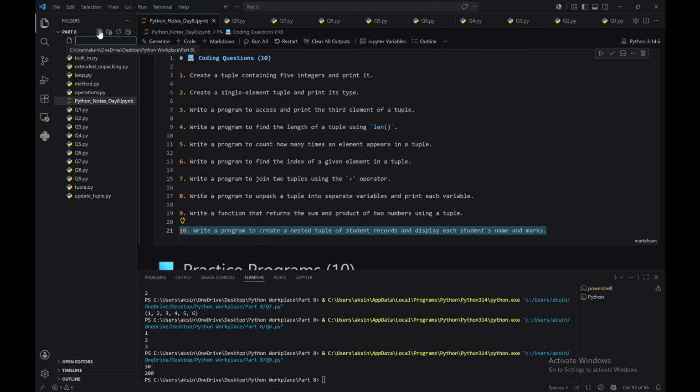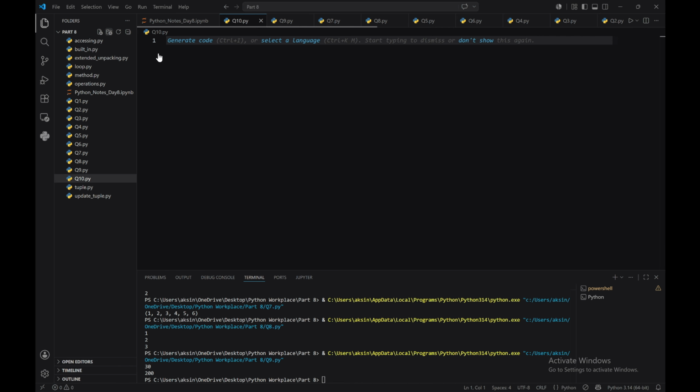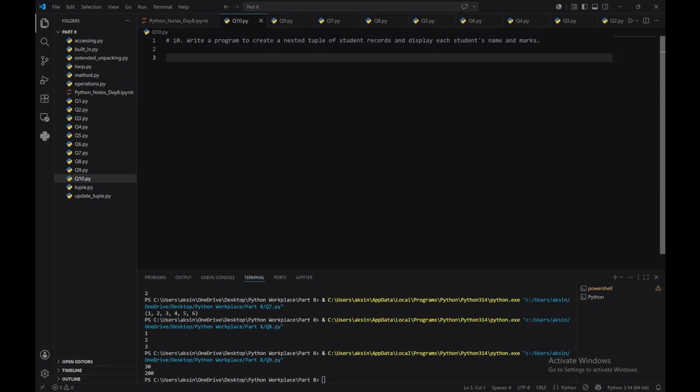So for that we are going to create question 10.py, and after that we are going to write a program to create nested tuple. First we are going to create info equals to